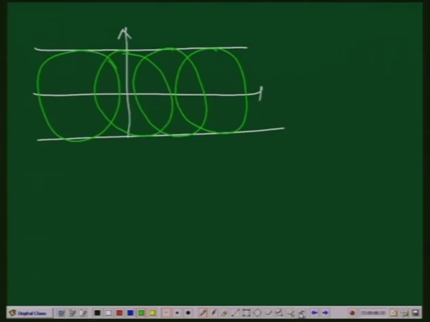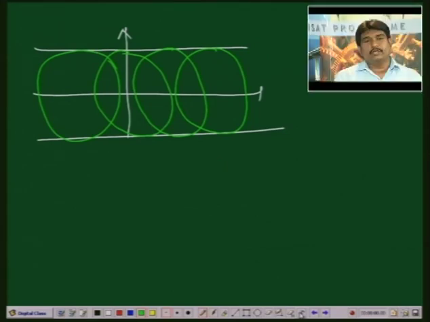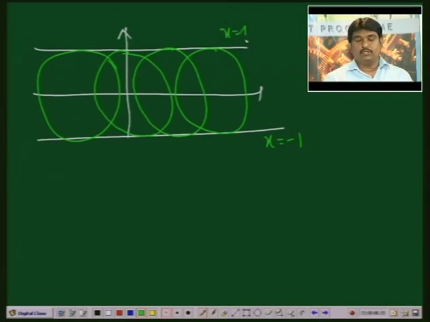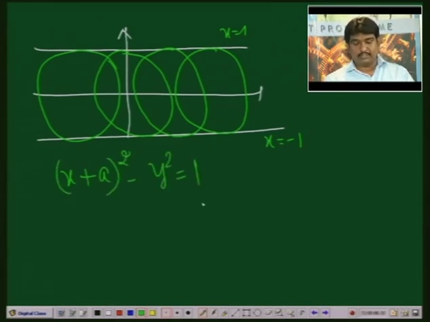Now coming to the singular solution of the differential equation. I have told you this line is x equals to minus 1 because radius is 1. So circle lies between the two lines x equals to minus 1 and x equals to plus 1. Solution is like this: x plus a or x plus c the whole square plus y square equals to 1 is a solution,